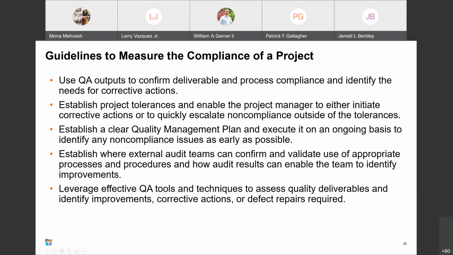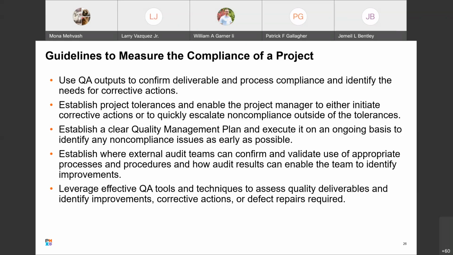So when assessing project compliance, it's useful to leverage quality management to both validate compliance and identify non-compliance issues and potential corrective actions. Use QA outputs to confirm deliverable and process compliance and identify the need for corrective actions. Establish project tolerances and enable the project manager to either initiate corrective actions within tolerances or to quickly escalate any non-compliance outside of tolerance.